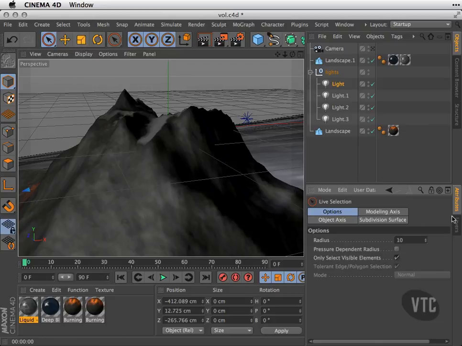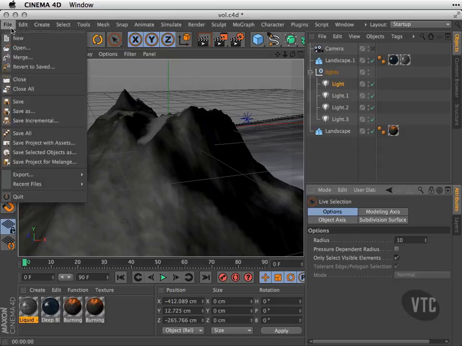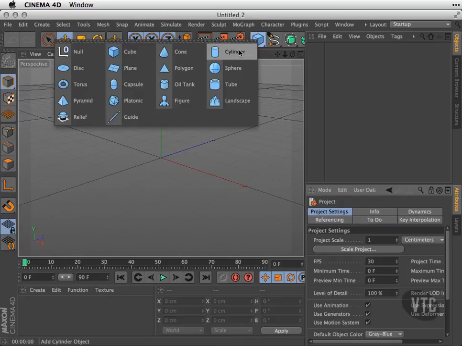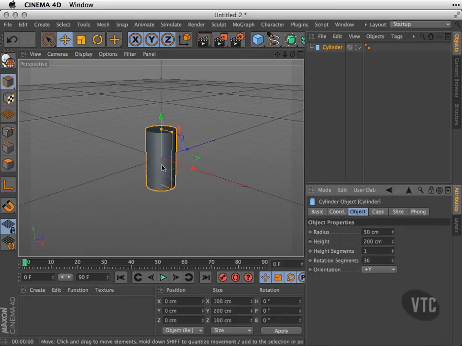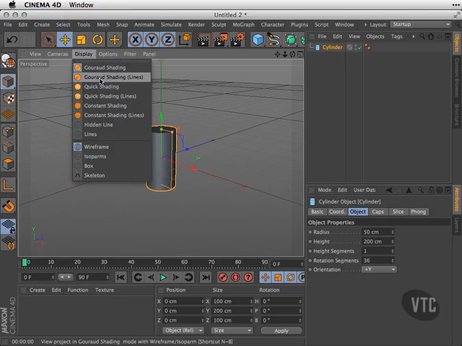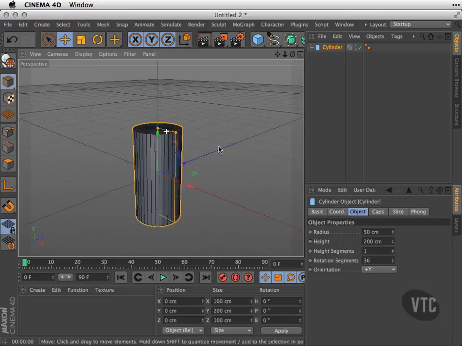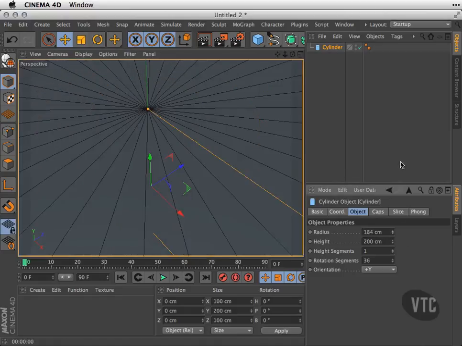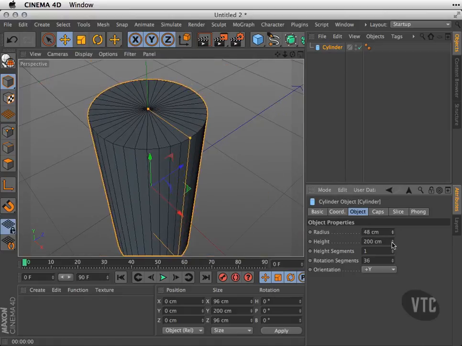Now, one of the things that this really comes in handy for is when you're creating new things like we did earlier in the course. So if I create a brand new scene and we were to grab something like a parametric object, because this is a cylinder, we can go ahead and change many of the properties. I'll go ahead and put on the lines in the display menu and I'll zoom in. So as you see here, we have the radius that we can change, the height